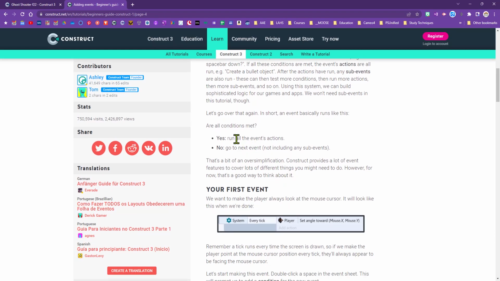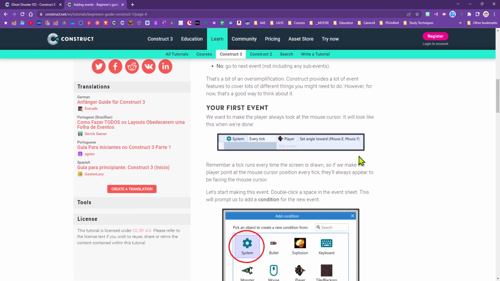Okay. So are all the conditions met? Yes, then run all the actions. If not, you go to the next event, not including the sub-events, because the sub-events are dependent upon whether or not the conditions are met. So here's our first